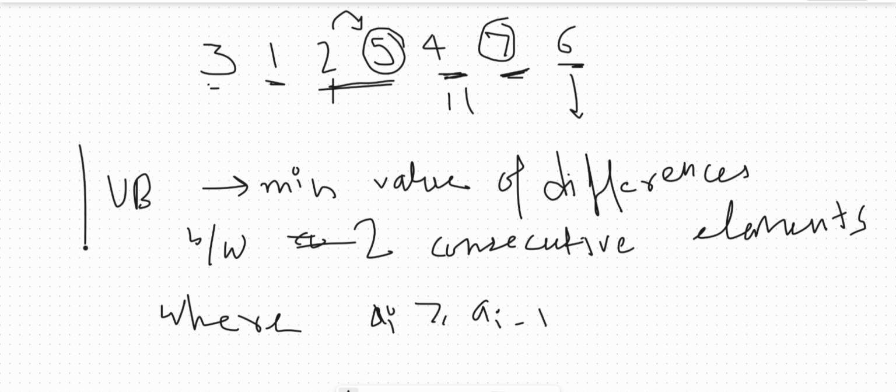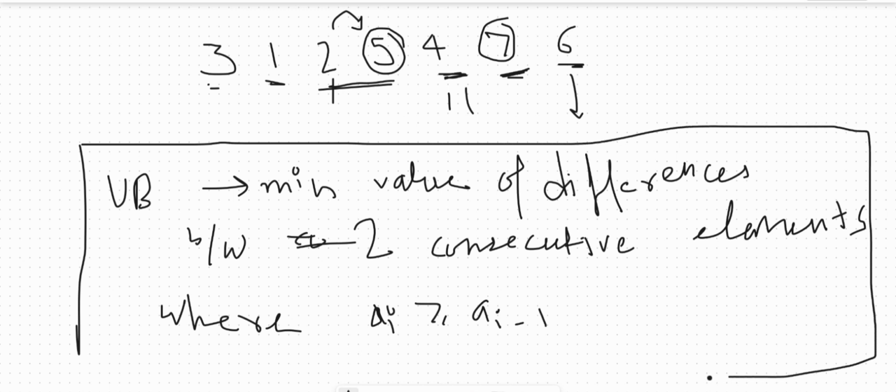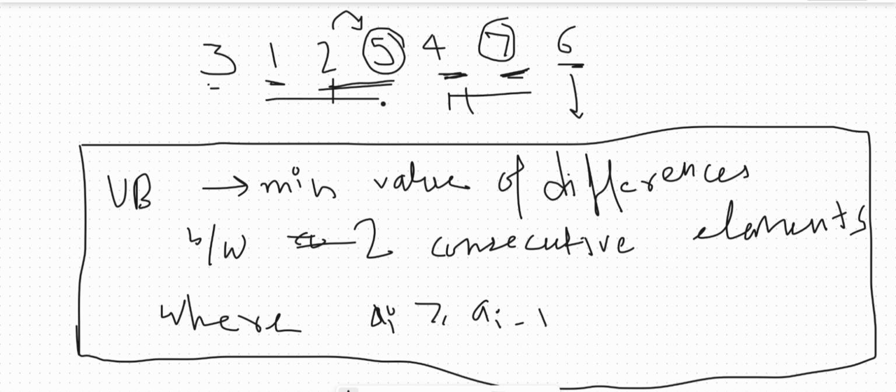This will be our upper bound. Try to think why this works, and I've also explained it before. If you take the observations very carefully, you will understand why this works. We are taking each increasing part, and one by one we are considering the differences between the consecutive elements, right? We are considering the differences between consecutive elements, and we'll take the minimum of that difference,